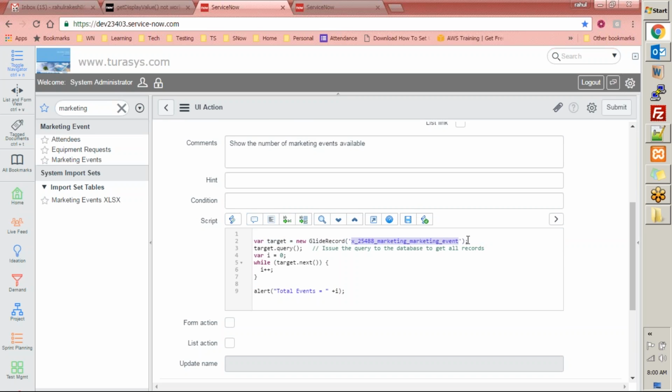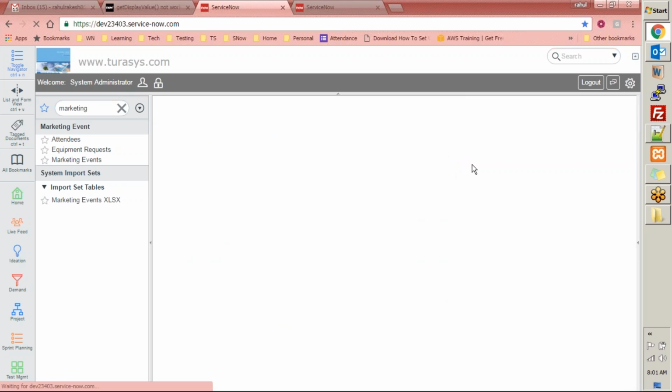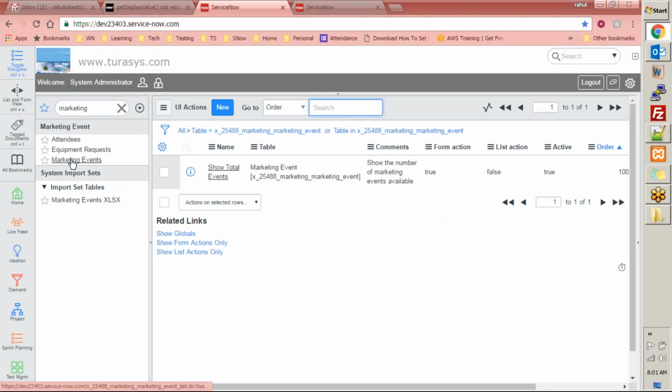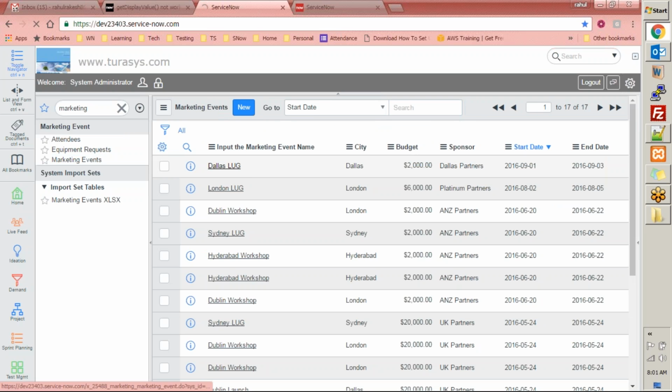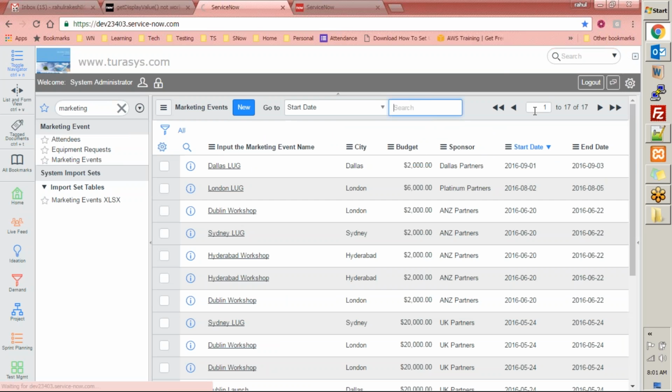So I'm querying the glide record on the marketing event table, getting the list of all the records available in the table, and then counting it. And finally I'm going to print the number of events that I have, and I'm going to submit this. I made it a form button, so it will be available on the marketing events form. So show total events now shows up as a form button here, because I made this UI action a form button. When I click this,